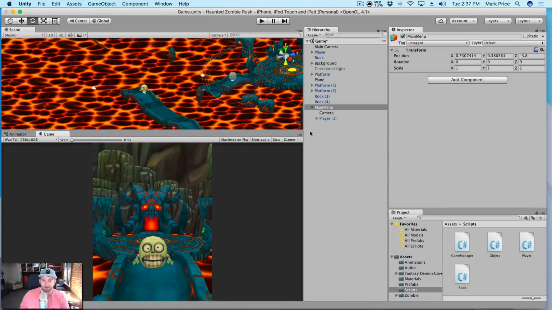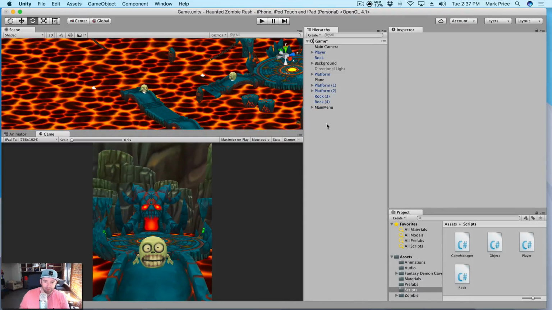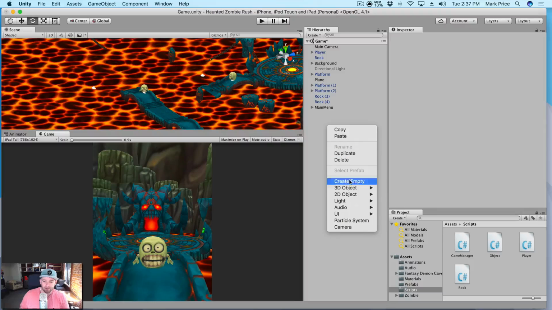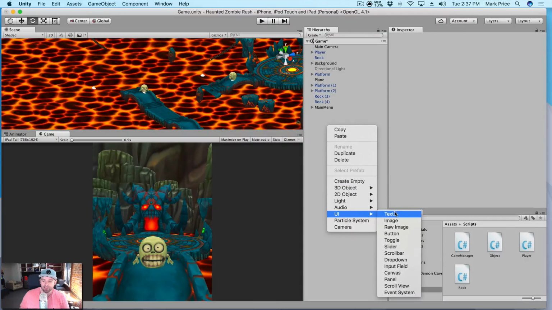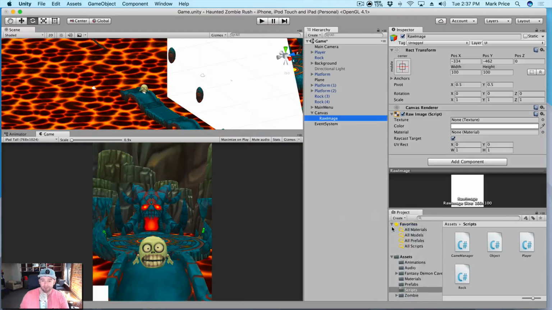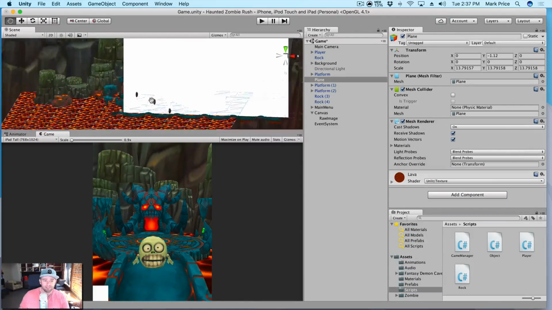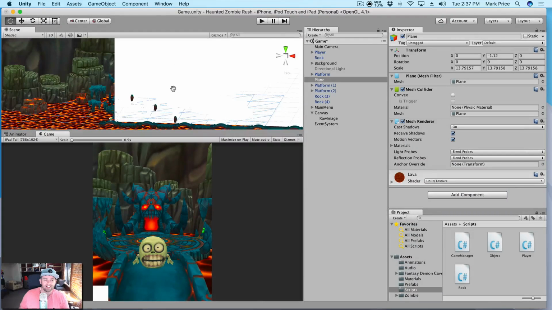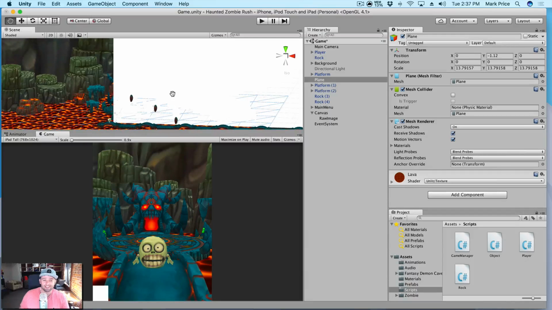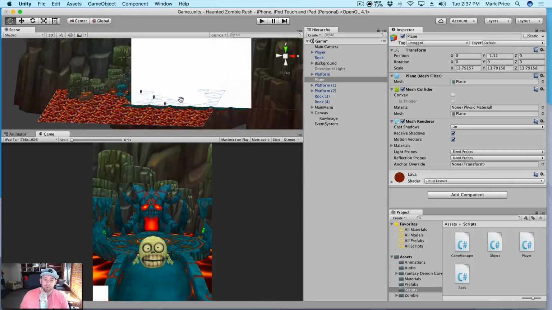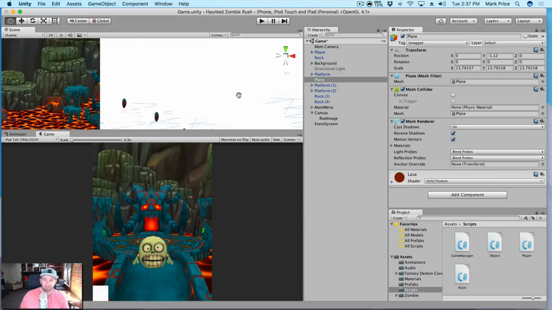Let's talk about user interface. Okay, we can do that by right-clicking and going to UI. You can create text, images, raw images, buttons, all kinds of things, right? What I want to do is work with raw images because I've created some nice graphics for you to use. Okay, so let's go ahead and create a raw image. Okay, and what you're going to see on the screen here is this big white thing. Now, this is just your user interface, and even though it's big and huge, don't worry about it too much just right now because